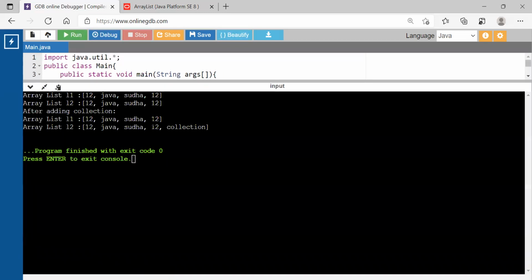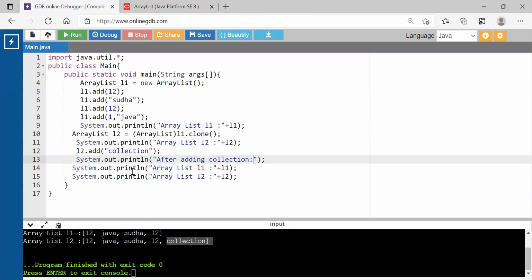You can see that the addition did not reflect in L1, it has only reflected in L2. So it has made a shallow copy of the elements. When you add elements into ArrayList L2, the change is made only in L2, not in L1. Okay, fine. So these are the operations.